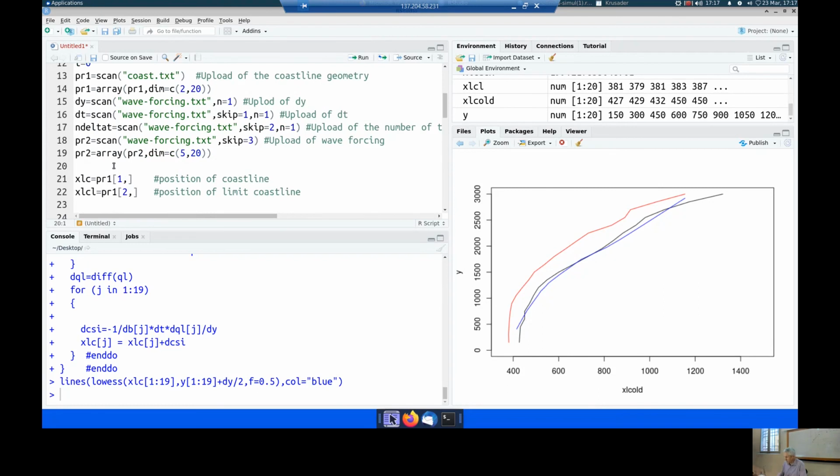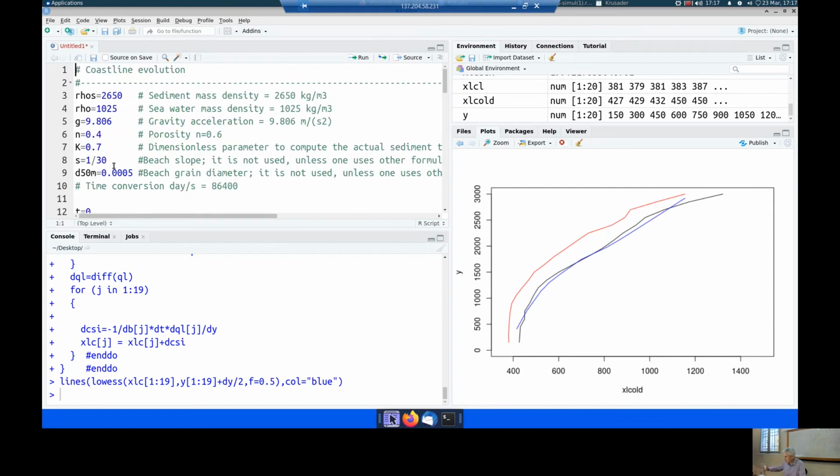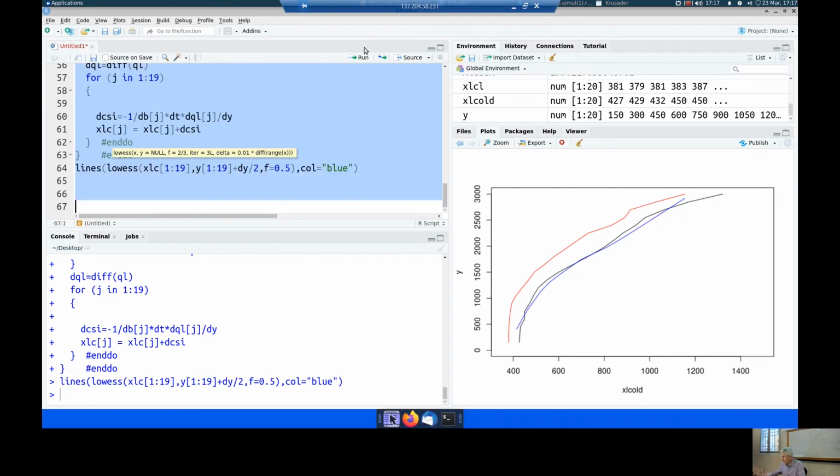So let's put here an instruction, N delta t equal 10,000. And see what happens. Let's keep this high smoothing. Oh, you see that even if I smooth it a lot,